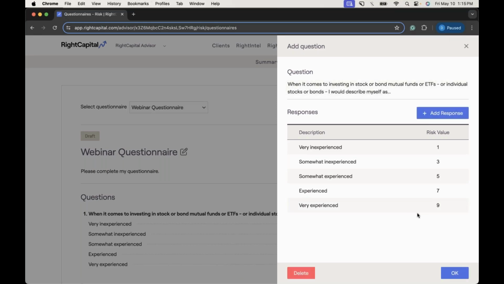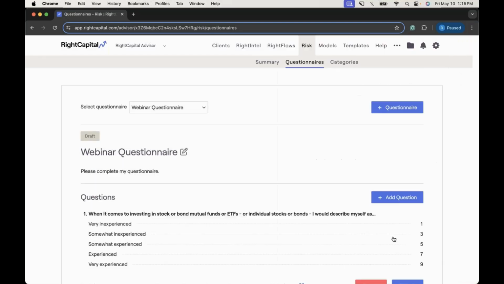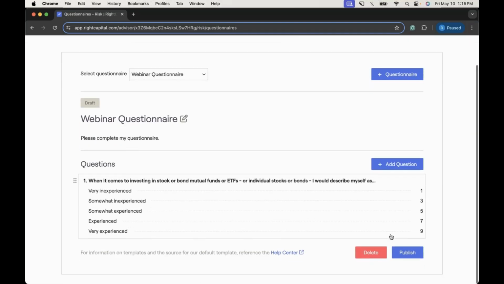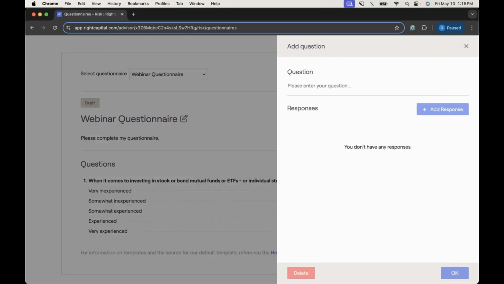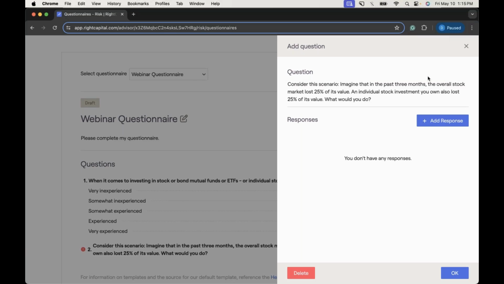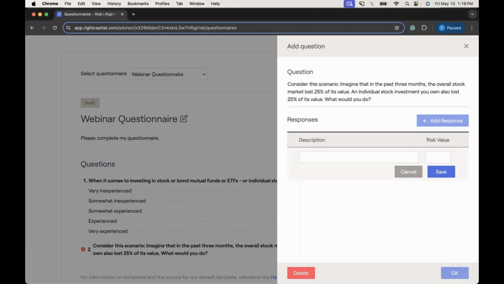So here we have our first question. All of our responses have been entered and assigned a corresponding risk value. And then we can click OK to lock in that question. Perfect. So I'm going to add one more question here just to walk through that process one more time. So I'm going to copy and paste question 2 into this field here. Do make sure to click the blue check mark next to these text boxes to save your changes whenever you're typing these questions out. And then for the responses,